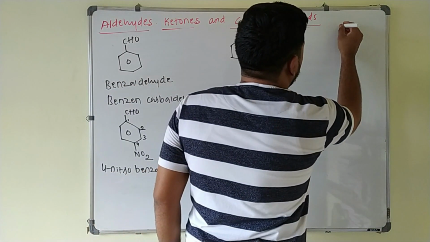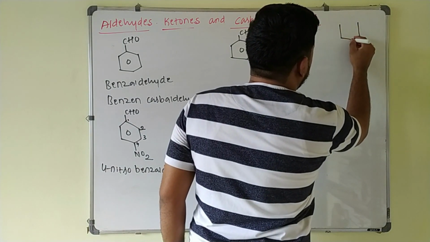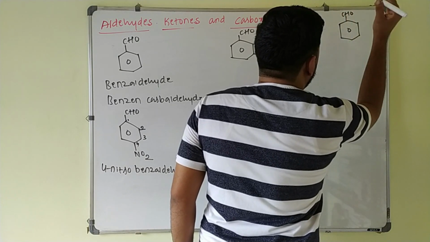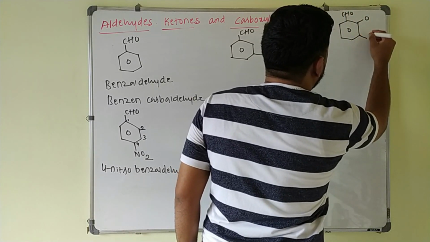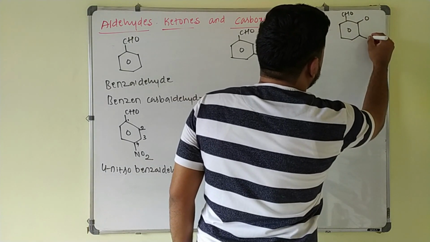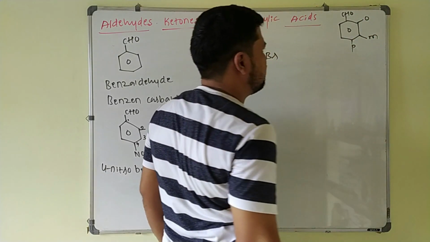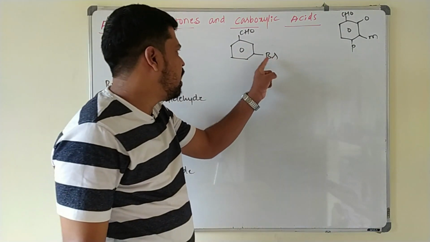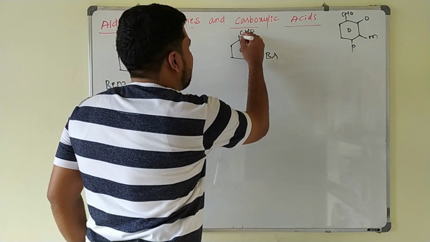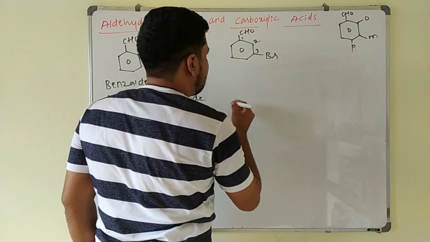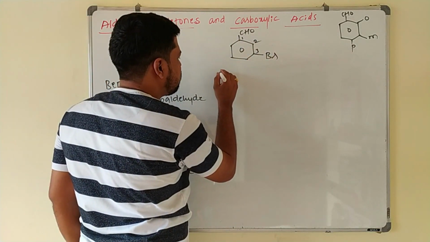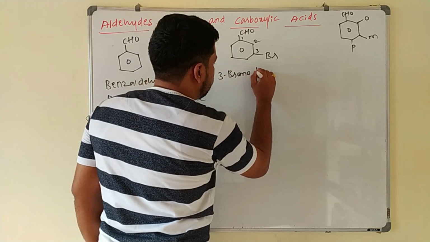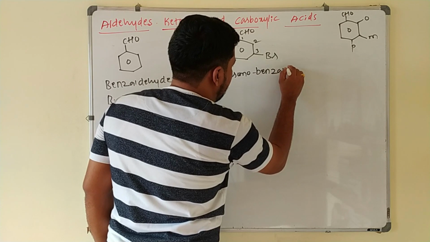Always keep in mind, whenever any substituent is present on the benzene ring, we know that this is the CHO group, the first position is ortho, and this second position is ortho, and this is what? Meta position, and this will be what? Para position. In the common naming, you can call it like this, para nitrobenzaldehyde. This is what? Meta bromobenzaldehyde, or I will call it, 1, 2, 3 it is, 3-bromobenzaldehyde.